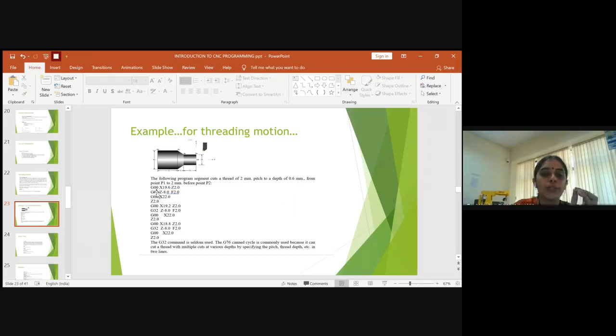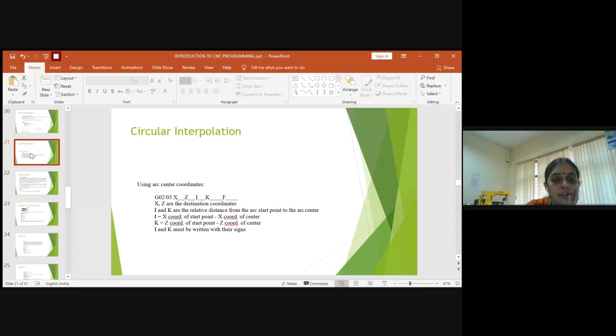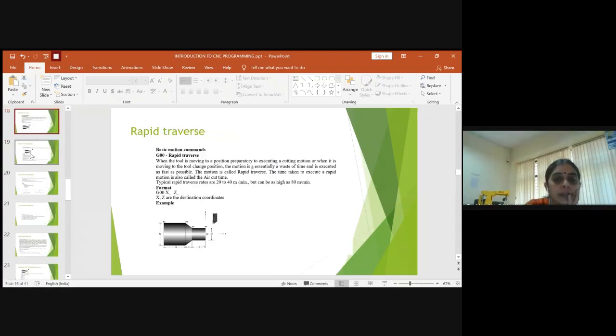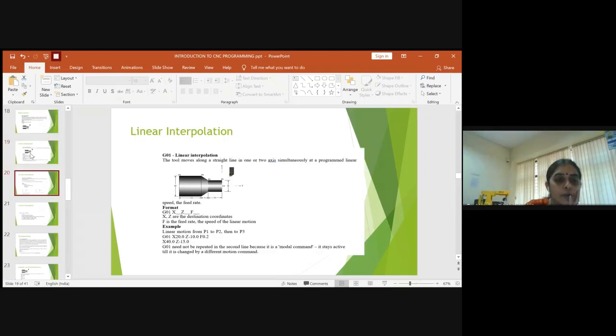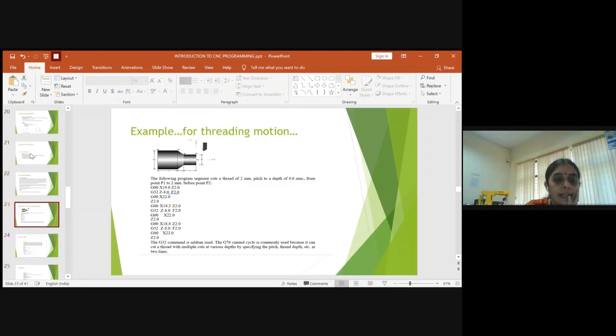So then you will go with starting G00. You will initialize the position of the tool, and you have to provide exactly the x coordinate, which is 19.6, and again z, which is 2. You have to calculate. I will explain you all in depth. So now I am telling you all the operations, and then you will go for first. This is initialization. What is G00? I told you. Anyone can tell me what is G00? I told you, rapid traverse. So first you will write rapid traverse.